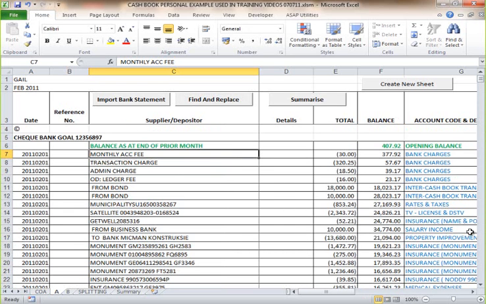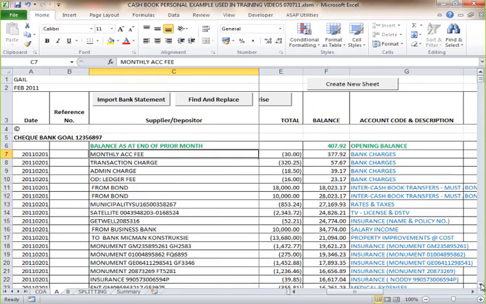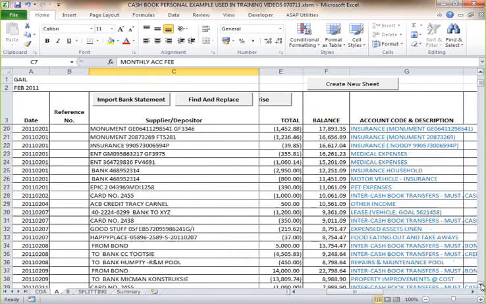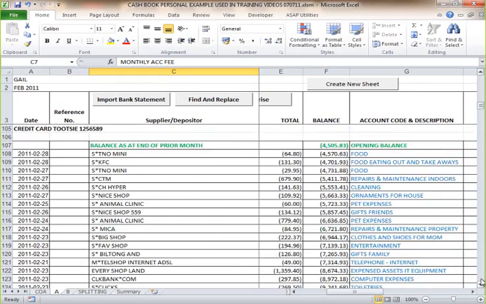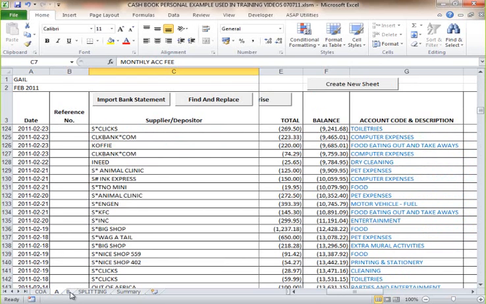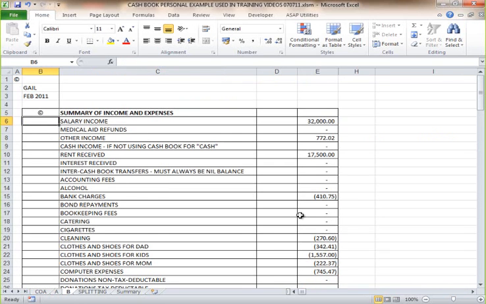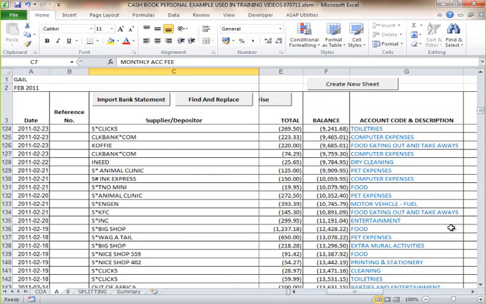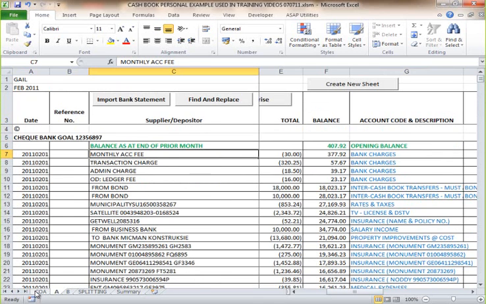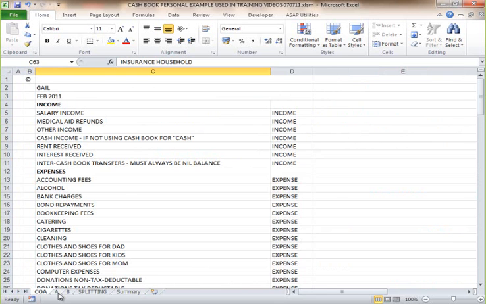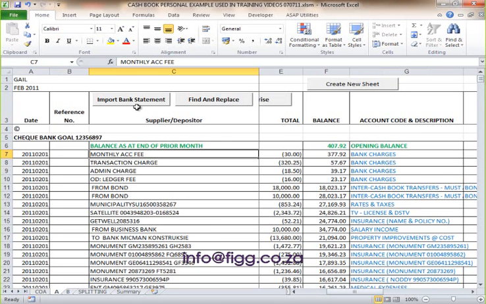As you can see, while we were off camera, I went and did some account coding and allocation. Well, I actually did all of it for all the cash books that we've imported, so that we have got some substantial information in our summary of income and expenses. Once you have completed your allocations, where we have edited the chart of accounts to suit your personal requirements, we've imported the bank statements, we've coded the transactions, we've inserted the opening balances the first time you use the product,